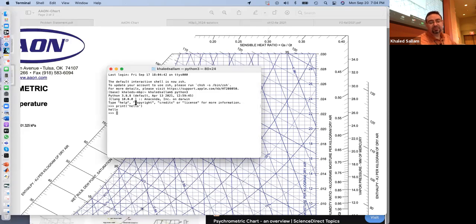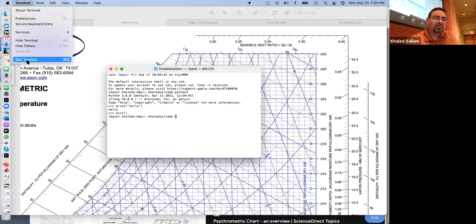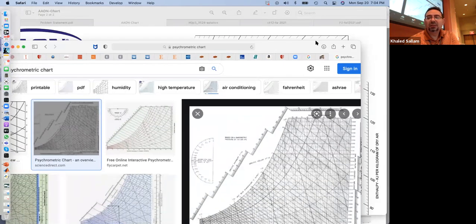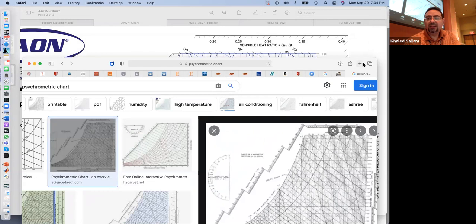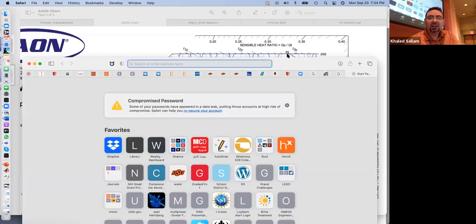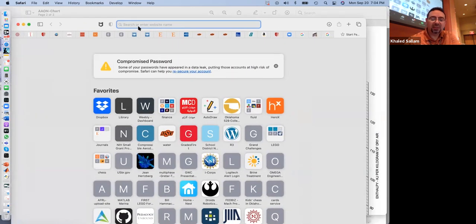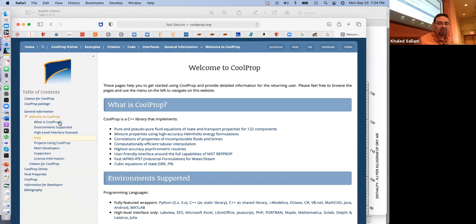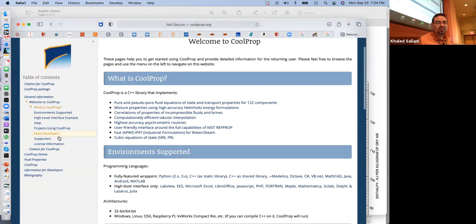They actually have instructions for installing CoolProp, but the problem is it's machine specific, and if your machine does not exactly match what they are describing, and you are not really that great at installing things,